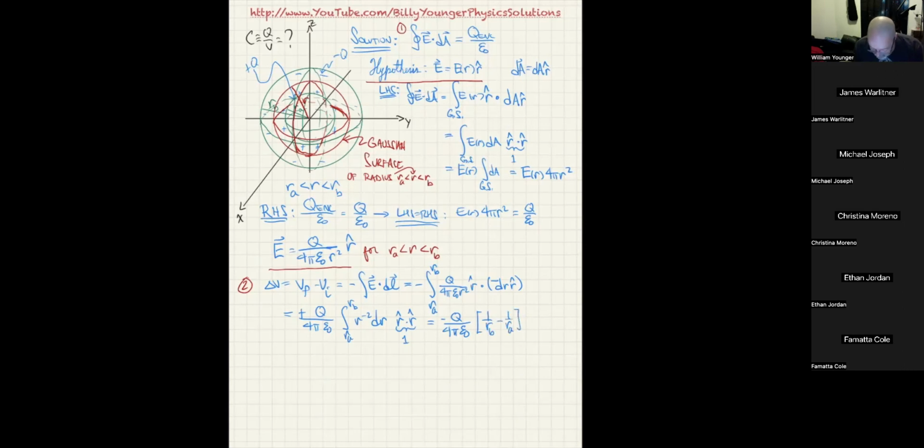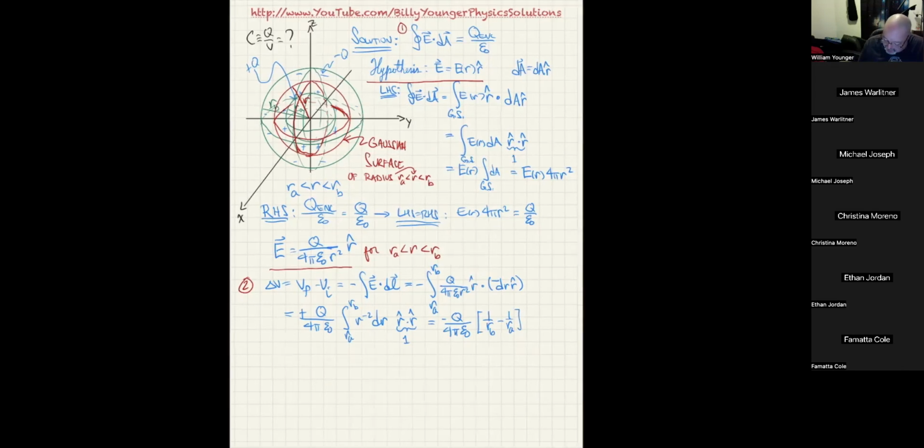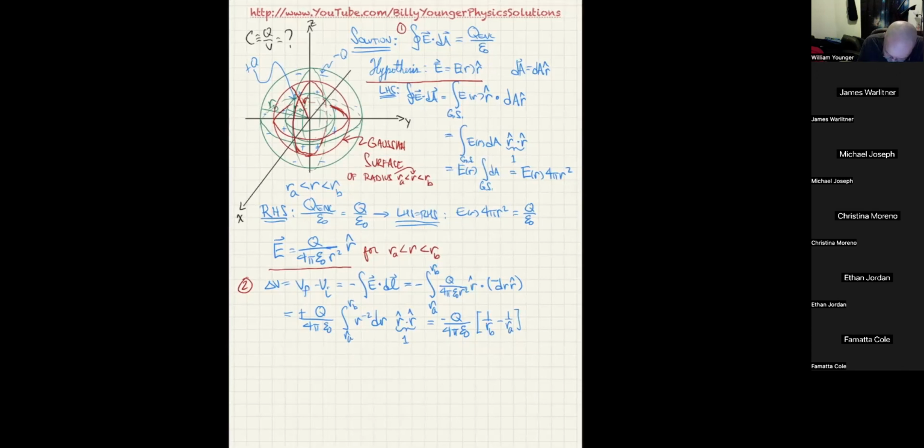Now remember, RB is bigger than RA. So if RB were 5 and RA were 4, that would be 1/5 minus 1/4. Well, 1/5 is 0.2 and 1/4 is 0.25. So 0.2 minus 0.25 is going to give you a negative. So you can tell the thing in the brackets there is already negative, and we don't want a negative. So what we're going to do is go ahead and change out that negative by flipping the